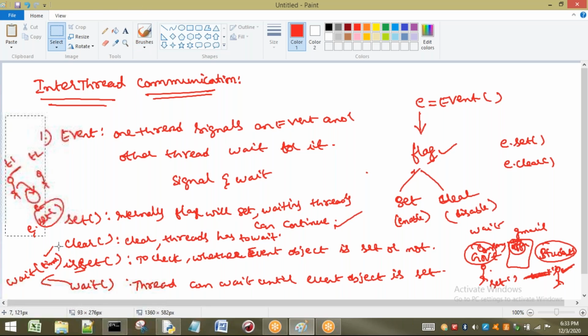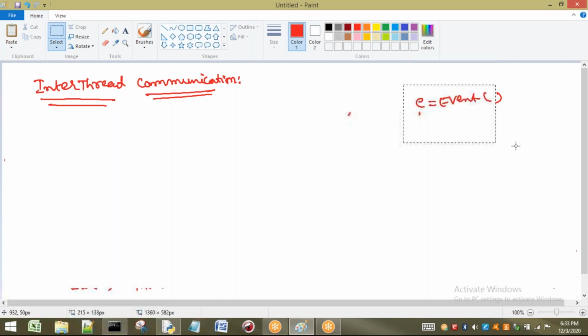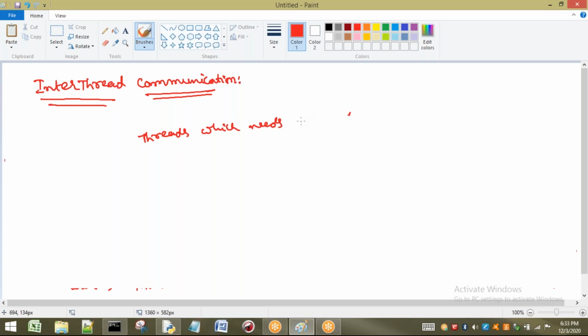Just before going to an example, I will tell you the point once again. The threads which need updations have to apply the wait method.